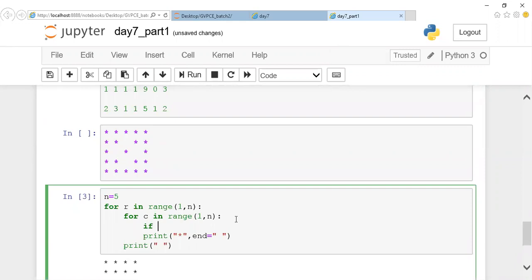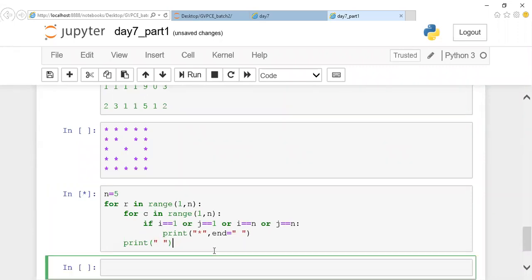For the outer boundary, what we mentioned: when your i value is equal to 1 or your j value equals 1 or your i value equals n or your j value equals n. If this is the condition, we are drawing the outer skeleton.